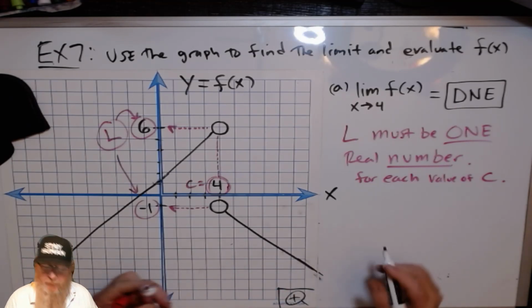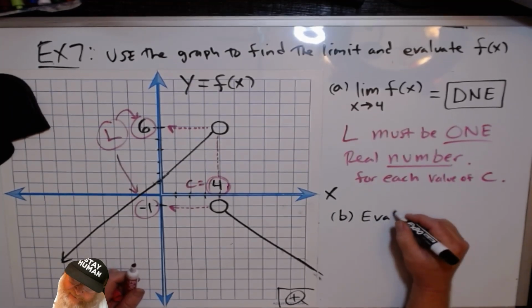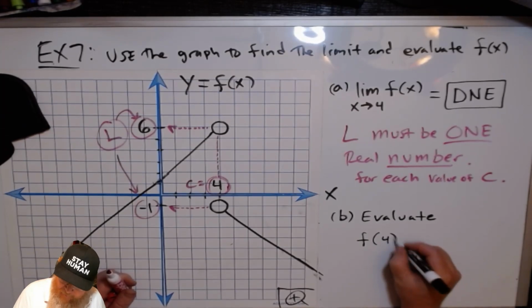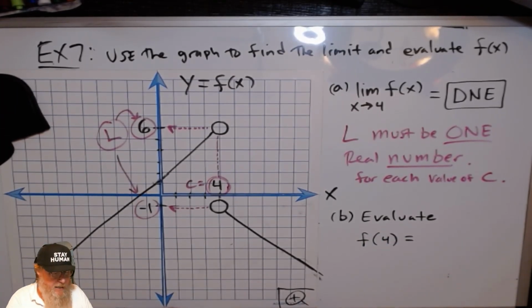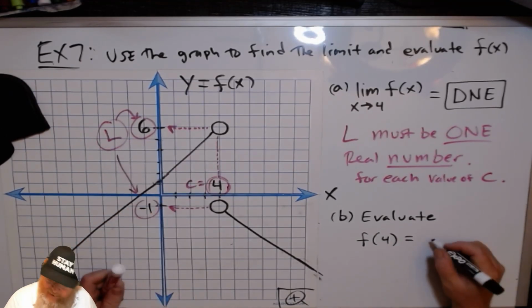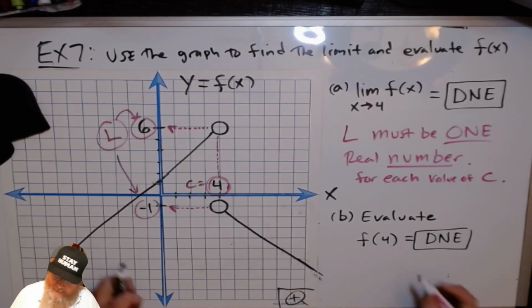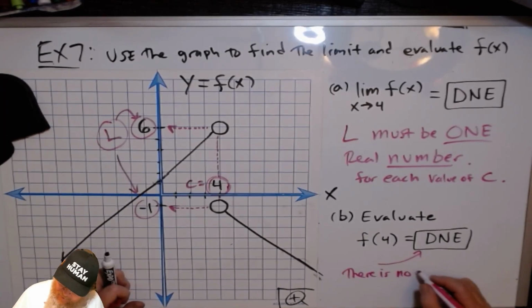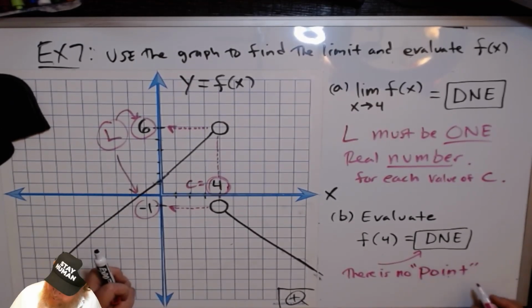and that can't be true. And then part B, evaluate f of 4. Well, similarly, there's no solid dot. So it is also DNE. There is no point, closed,